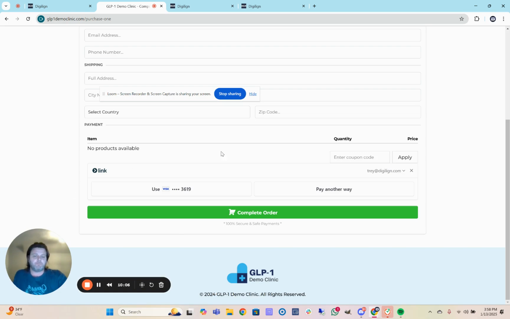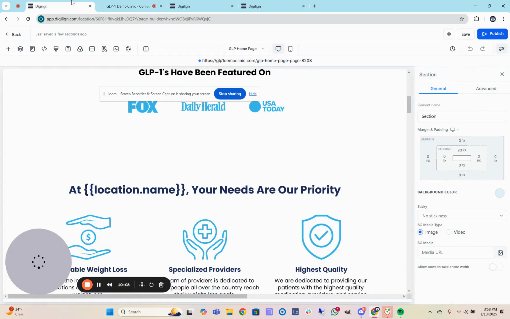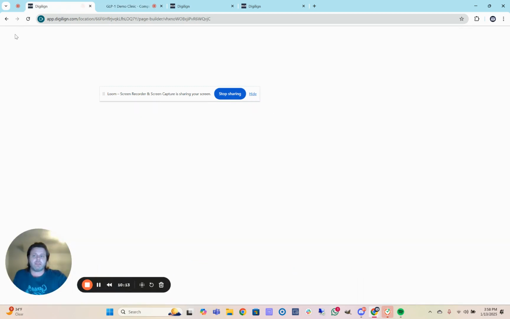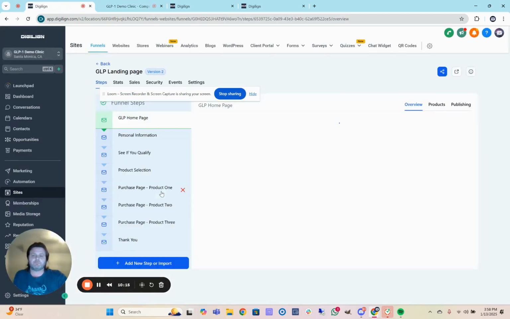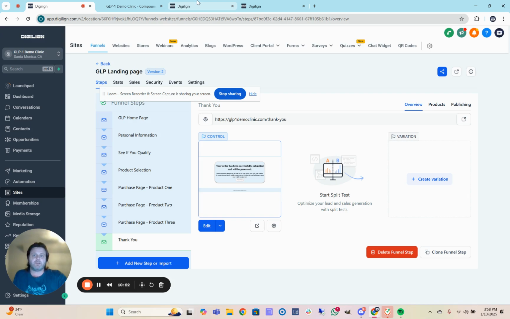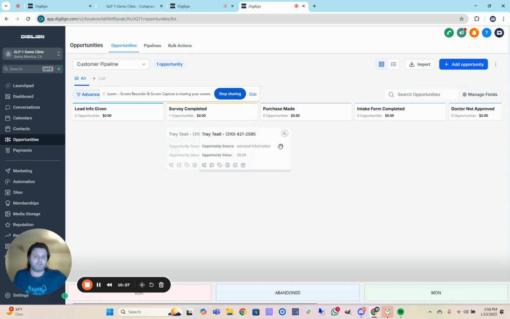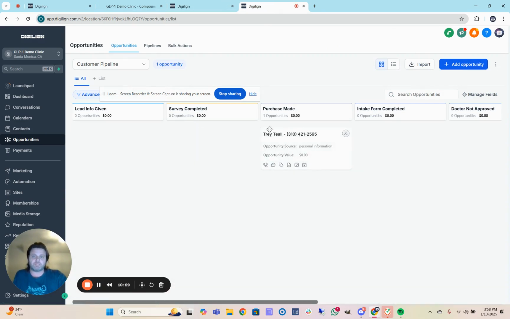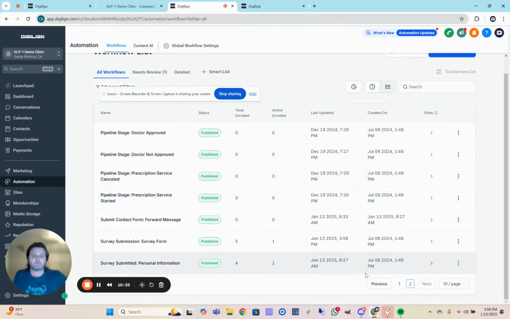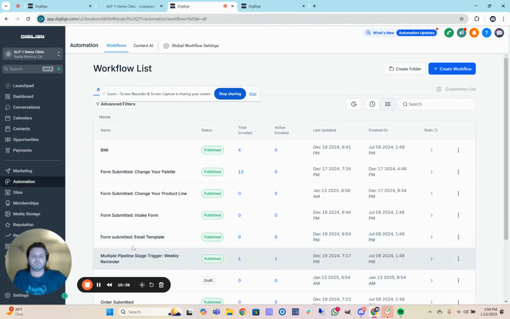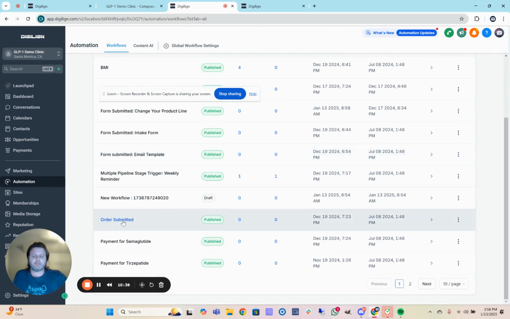So let me move over to the funnel and you can see how this is set up. After any of these purchases are made, it will direct people to a thank you page. Once the purchase is made, I'm not going to actually put my credit card information in here live, but it moves over to this stage. I will show the automation that triggers that here. The order submitted